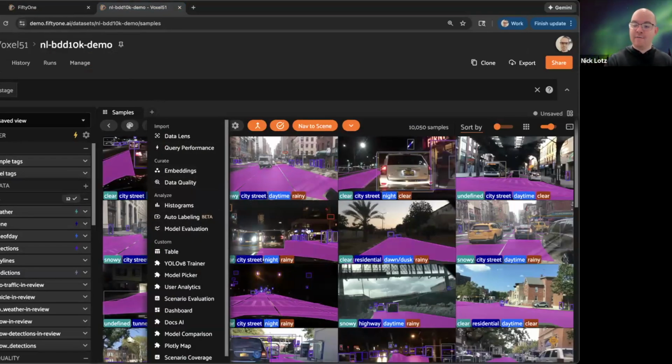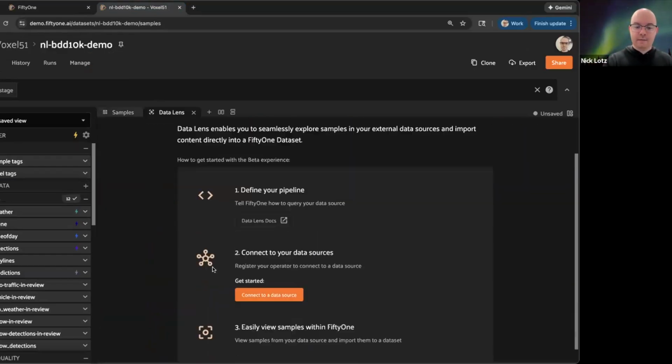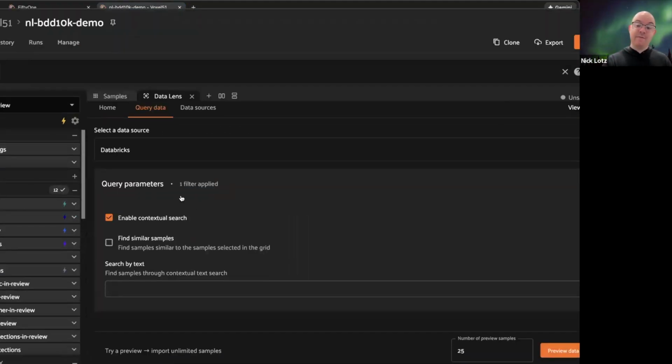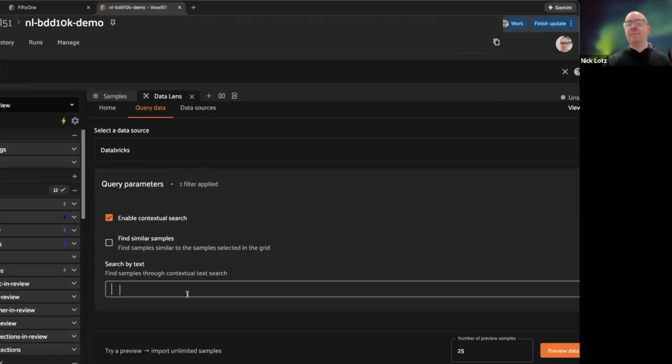Before I even have this initial pool of samples, I can open this data lens feature. And if I have things like vector embeddings configured in my data lake, I can search for samples that I want to add to my initial superset pool of data